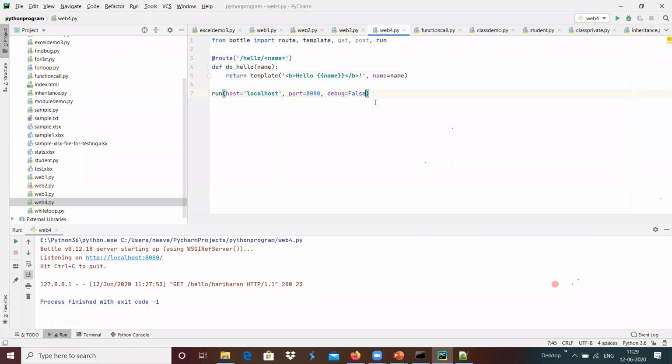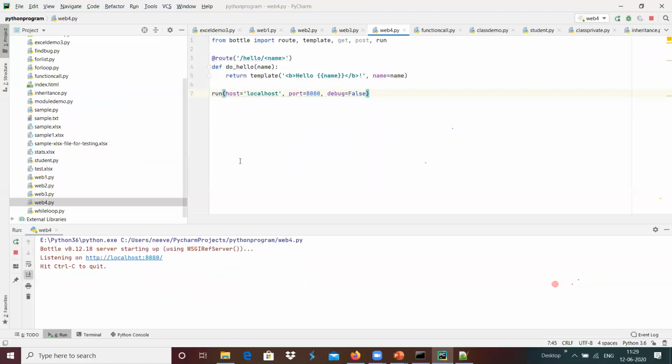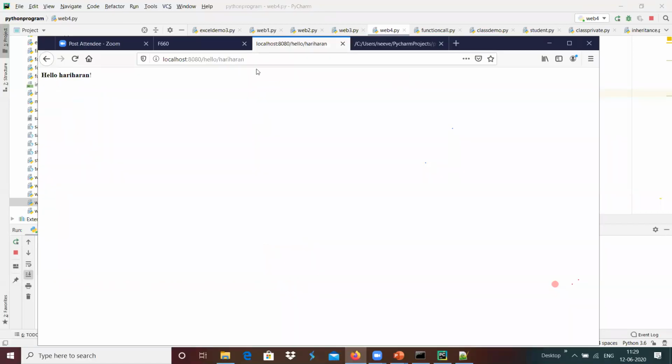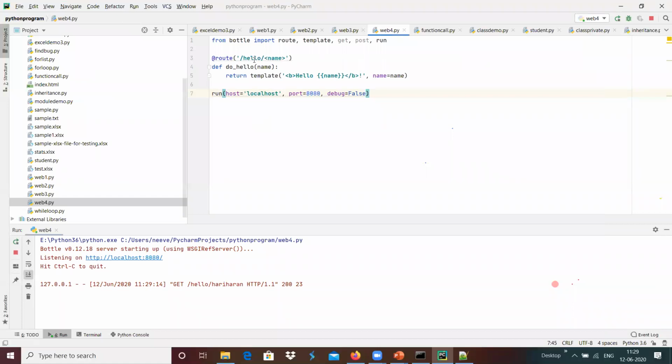debug equals False over here, I'm going to run this again and we got the updated output. We will be getting debug outputs and error outputs in case we give debug equals True.